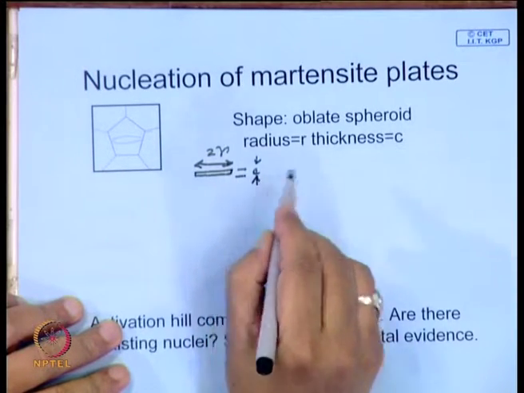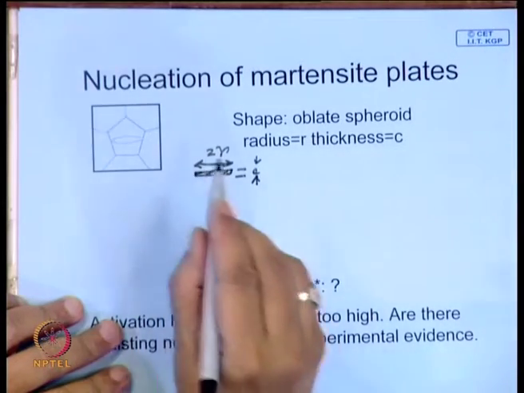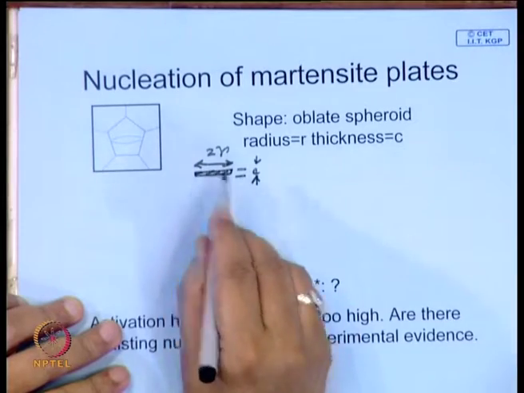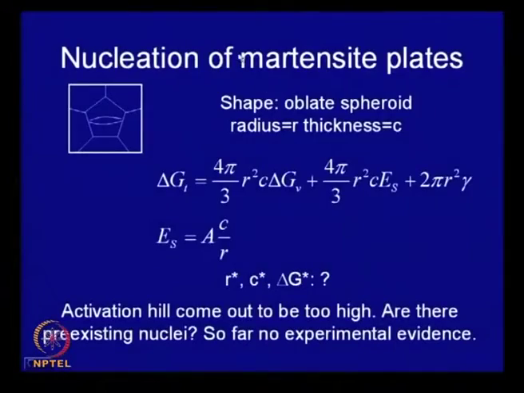This is the plate thickness. So, then it is possible to calculate its volume and its surface area with these assumptions, which is shown over here. Suppose in this particular structure, this is an austenite grain. If a plate of martensite forms like this, with the shape being an oblate spheroid, it is possible to calculate its volume,